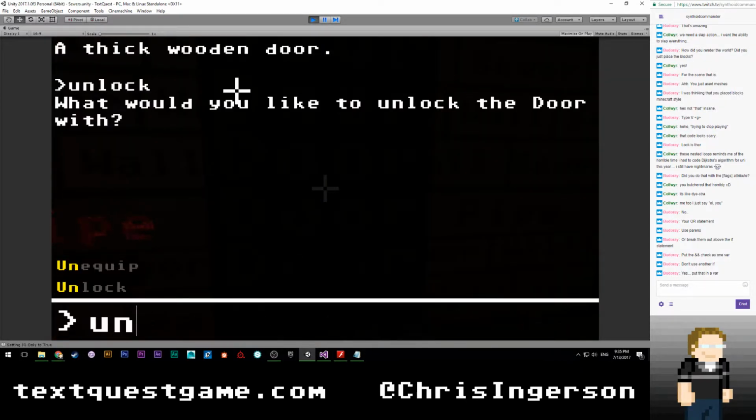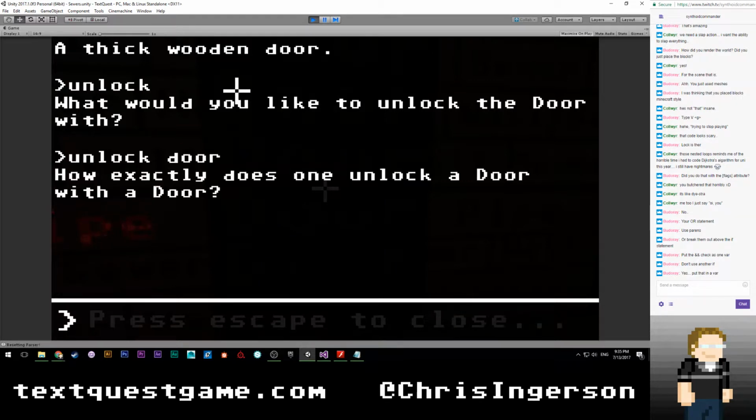Unlock. Lock door. It's not ideal. Yeah. Yeah, so what logically should happen here, I'm going to mute the audio again, is actually when this goes back through the parser, this is a full sentence technically. Unlock door has a noun and a verb, and that should actually have it reset its cached information. Oh jeez, that just gets so messy.